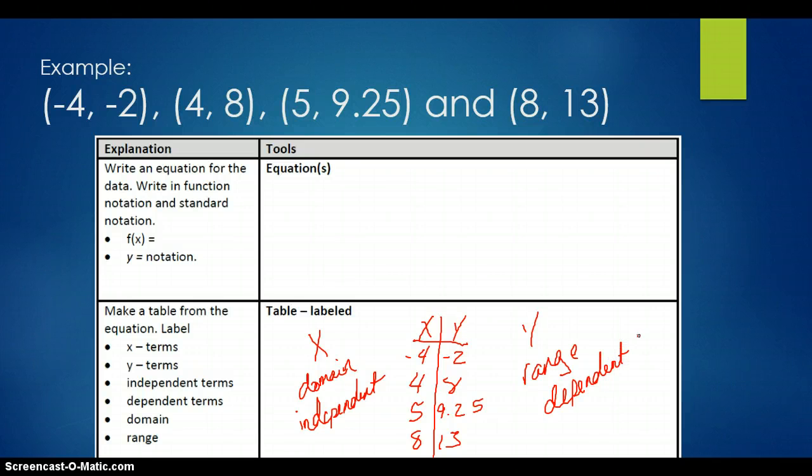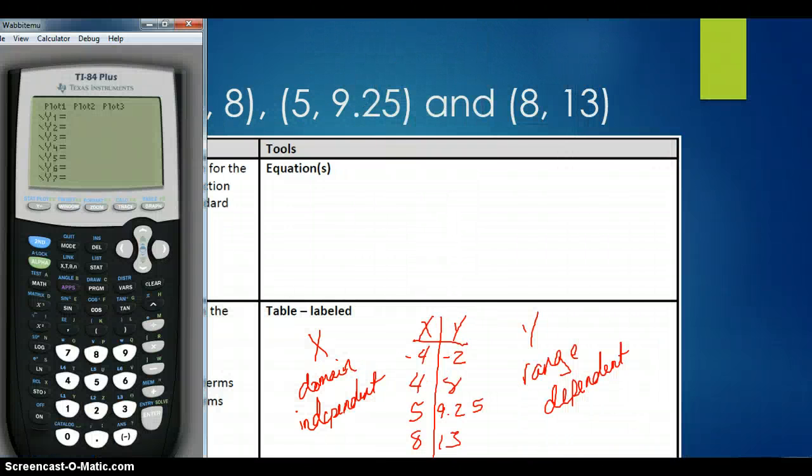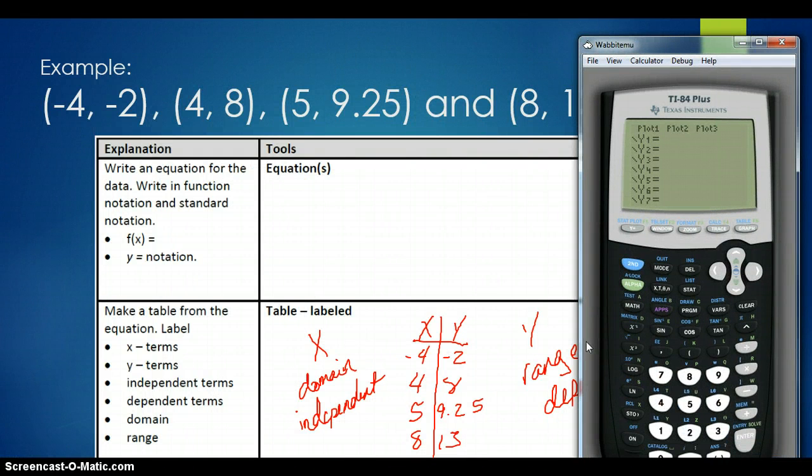And what this is doing is labeling all the data, so when you have that question on the STAR test that asks you for the domain, if you've made the table, you'll immediately know which one it is. Once I make this table, it reminds me of the fact that we've learned stat recently, and stat helps me come up with an equation for when I have a series of points. So what I do is I'm going to use the stat function in my calculator, stat edit,